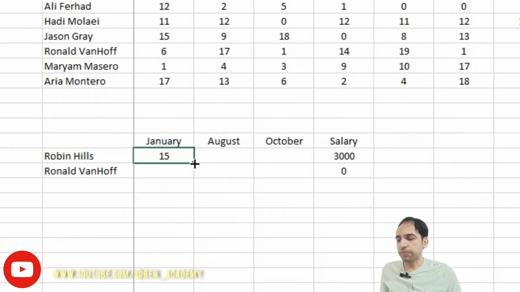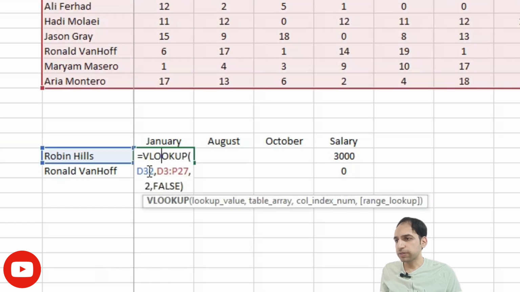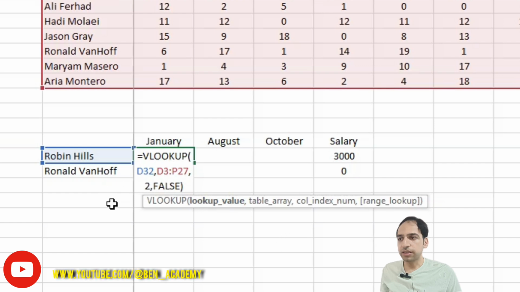You can fill the other cells by dragging, but before that you need to fix and lock some of the items in the formula. And I taught how to lock the cells and formulas in another video, and you can check it in the YouTube channel. But for now, I will do it simply by using $. I want to freeze Robin Hill when I'm trying to drag to the right side,